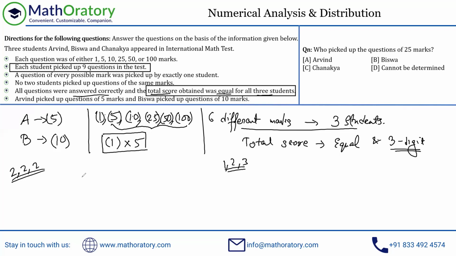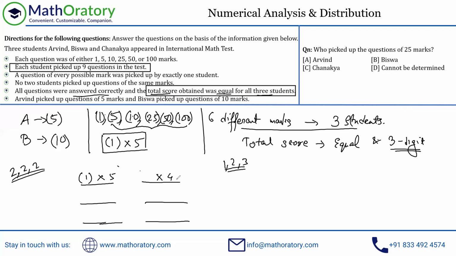So let me focus on this 2-to-2 first. If I think about 2-to-2, everybody is picking 2 different types of marks. So somebody has done this, that is for sure. My query is, what else can this person do? Now, if you remember, there are a total of 9 questions picked up by everybody, right? Since everybody has picked up 2 different types of questions, this person has picked up 5 questions of 1 mark. So the other will be 4 questions, right? I don't know what the marks are here, but that will be 4 questions.